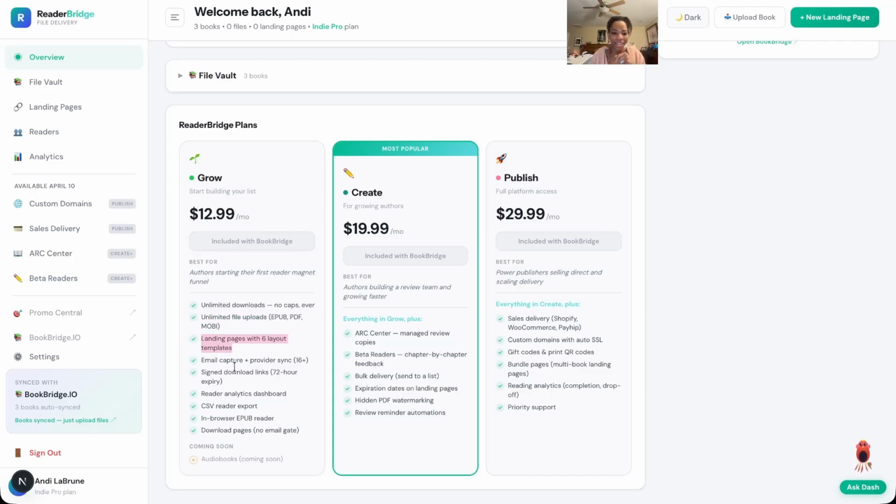You got all the landing pages. You can sync up, and I'm going to show you. The email is already done. It's already in there. So if you already have a BookBridge account, it's going to automatically transfer over. Some security stuff, you know, get into that. You're going to have a reader analytics dashboard, your report,